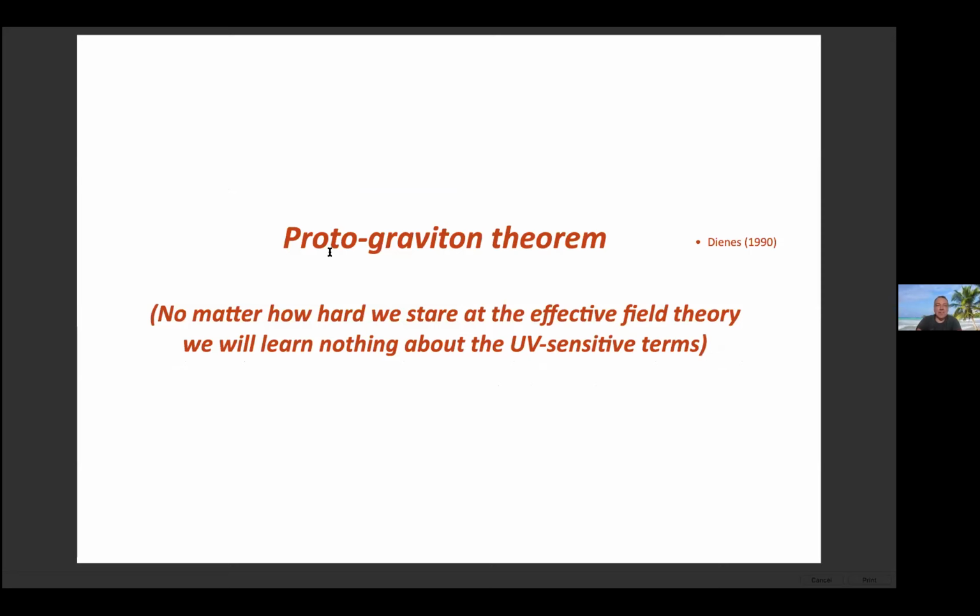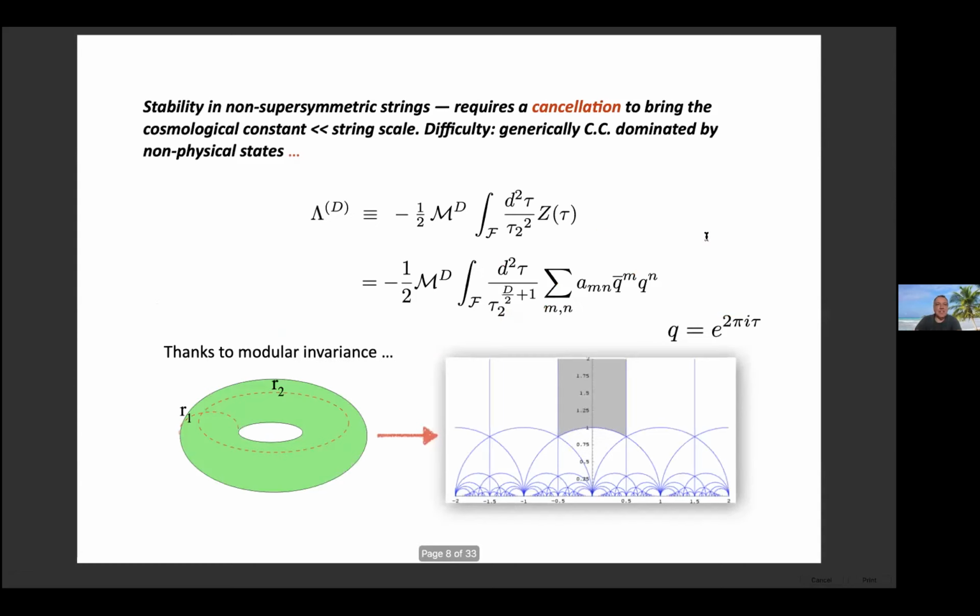It's called the Proto Graviton theorem in closed string theory, and this is a paper of Keith's in 1990. So this is not a new fact, but it's kind of rediscovered every so often. And the principle is that a UV sensitive operator, such as a mass, will not be restricted by what's in the effective theory. So I'm going to start with something fairly simple and just show you why that's true. How can I make such a general statement like that?